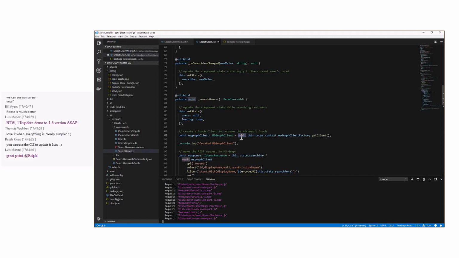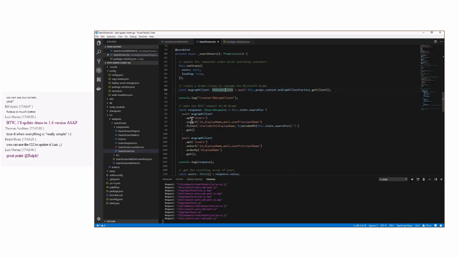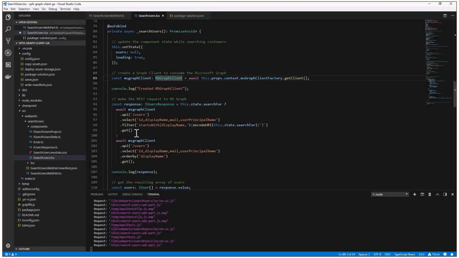And here I'm using the async await pattern because I come from the C# side of the world and I love async await. And I get asynchronously a client instance, which will be an MS Graph client instance, and I will simply need to use the Fluent API of the Graph SDK in the TypeScript code of my client-side web part in order to invoke the users API to select a specific set of properties for my target query, eventually to filter the items based on the input provided by the user in the search box, or maybe not if